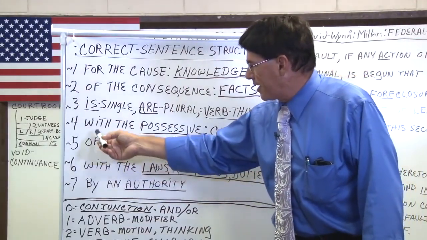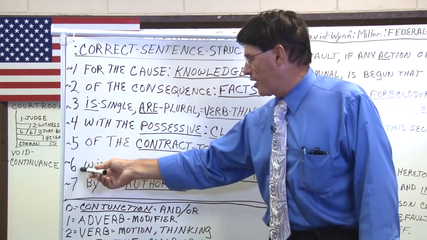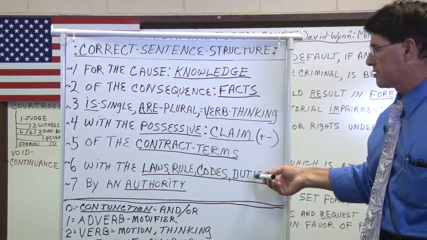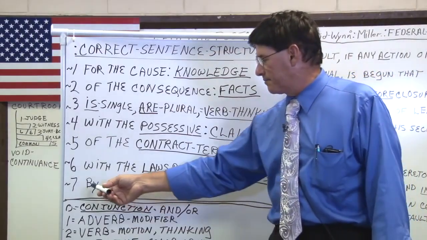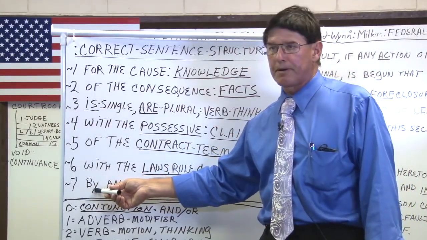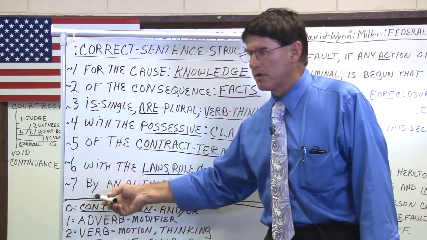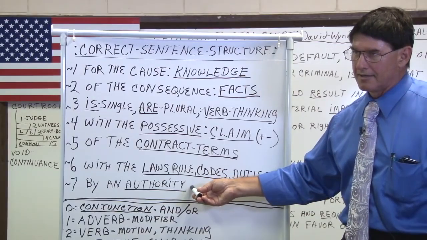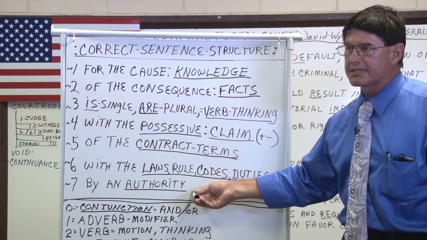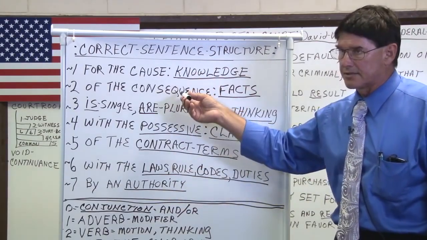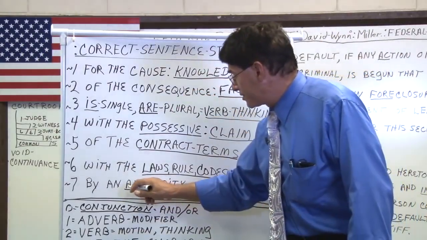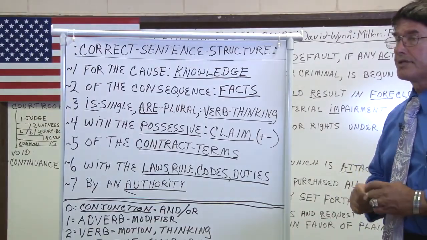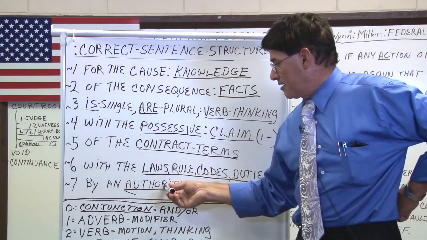Now, after you have a with of, you go back to another with, which is a possessive of the laws, rules, regulations, codes, duties. And then you have to assign the authorization of the word by. By is the position to give the authorization, the author, the authentic of who created this document, who wrote this sentence. And authorization always runs backwards. So the last word in the sentence becomes the authority.